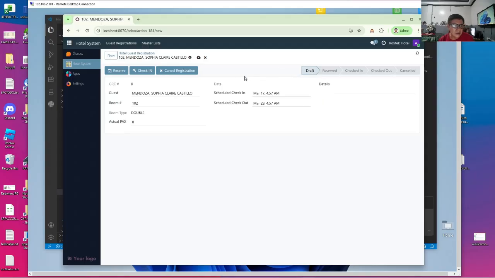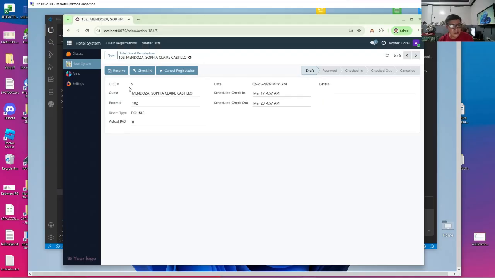So in this case, our registration will have the following states. It starts with draft, reserve, check in, check out, and cancel. Now, by the way, it's all defined in a model called guest registration.py using the selection field. Okay, we will have a date created which will automatically be supplied when you save. Let's save that. Now there's a date field.